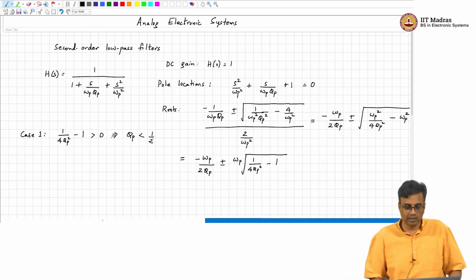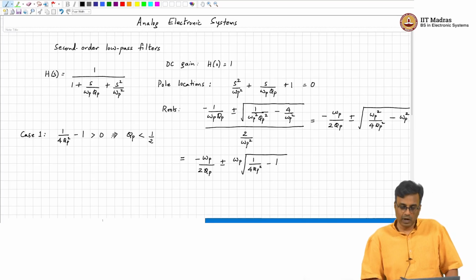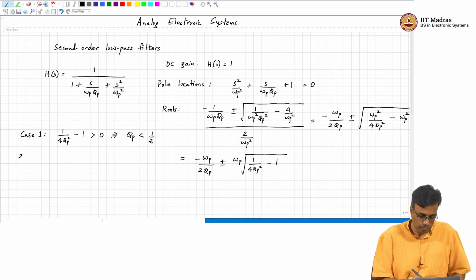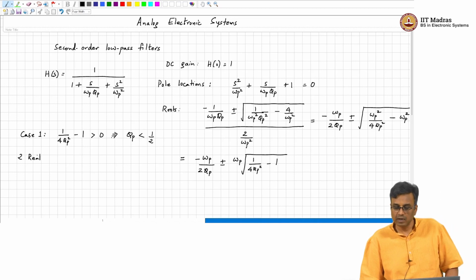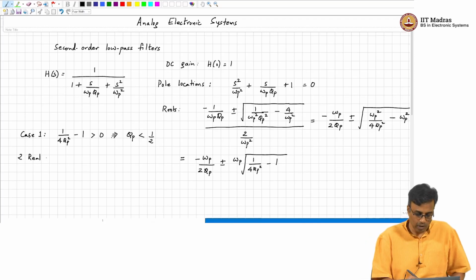So, for Q p less than half, what comment can we make about the roots? The discriminant is positive, so the square root is basically real. So, two real poles,